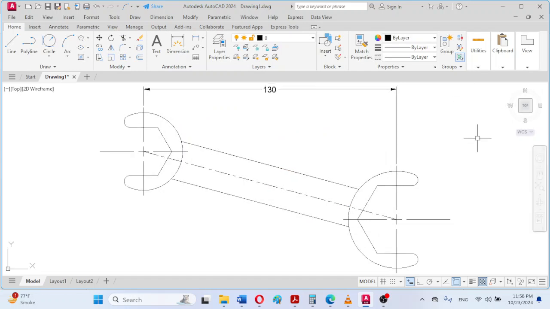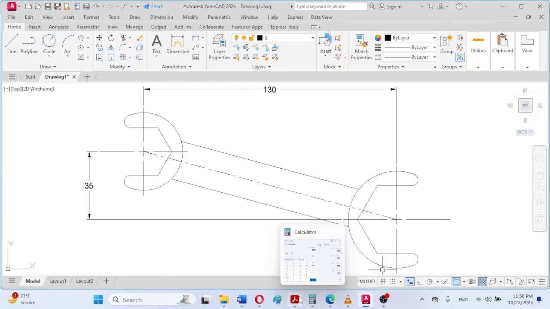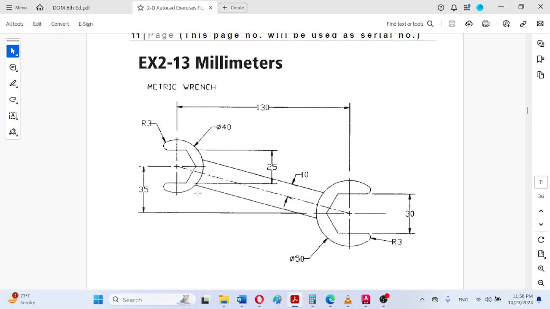After that we will again use the linear dimension command, and we will click here and at this center line location, and we will place this dimension 35. So the 130 and 35 dimensions have been very carefully placed at their precise locations. And after that we will be